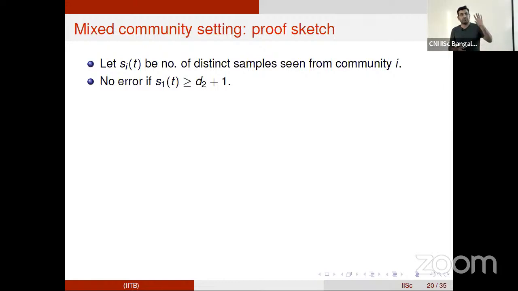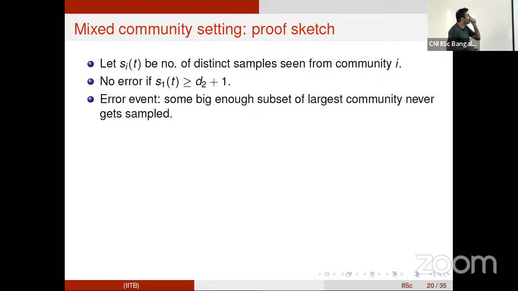If that number is larger than the size of all the other communities, then you certainly won't have an error, because from those communities you cannot have a number of distinct individuals larger than their size. So if you have observed from the largest community a number of distinct individuals larger than the size of the second largest one, which is D2 plus 1, then you certainly won't have an error. This gives us a way to upper bound the error.